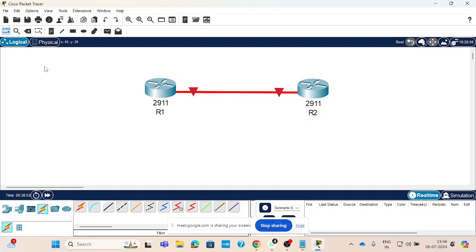Okay, that's the process to become an instructor. That's the process by which you can become a Cisco Networking Academy instructor. So that's why the instructor exam is there, yes,